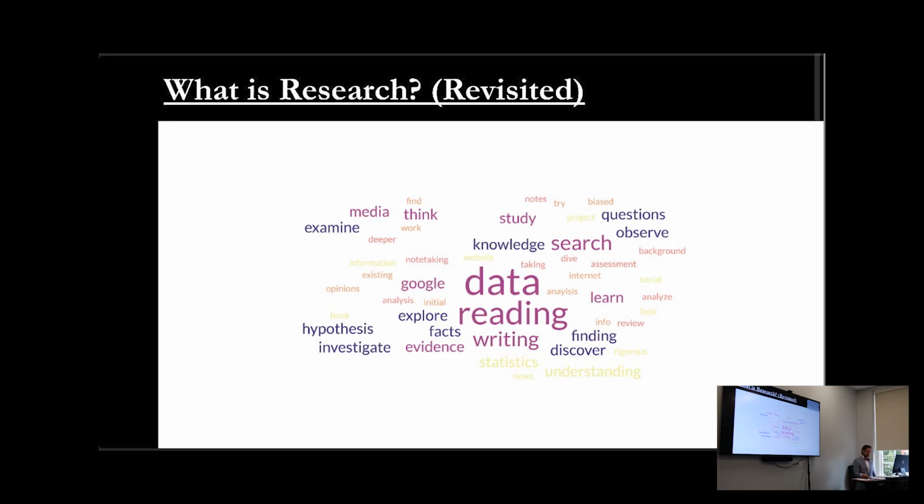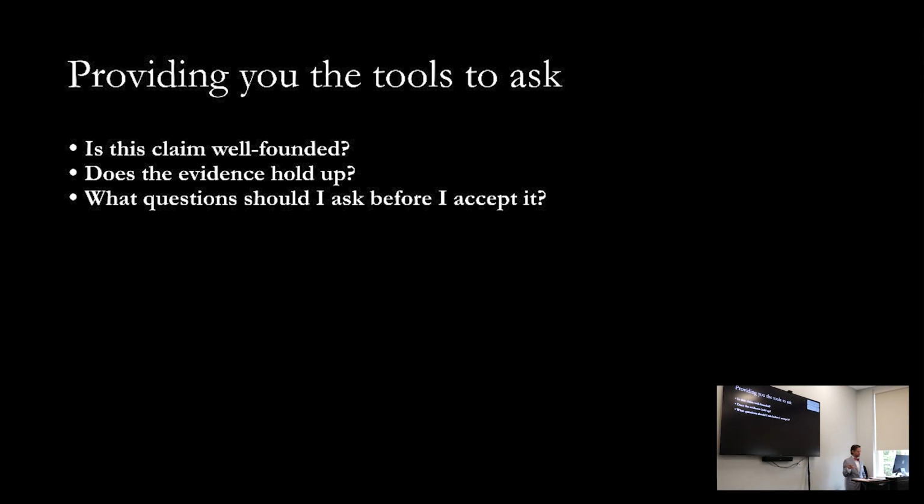So we talked about research. When you choose a restaurant, when you decide whether to take a class, and you look up whether a product is worth buying, you do some kinds of research to make those decisions. And so you already have some understanding of the uses of research. You already have some understandings of what research is. And this course is designed to help you evaluate the research that you encounter, whether that research is in the form of a poll or campaign data, whether it comes in the form of a news story written by a journalist or a formal article or a report from an organization.